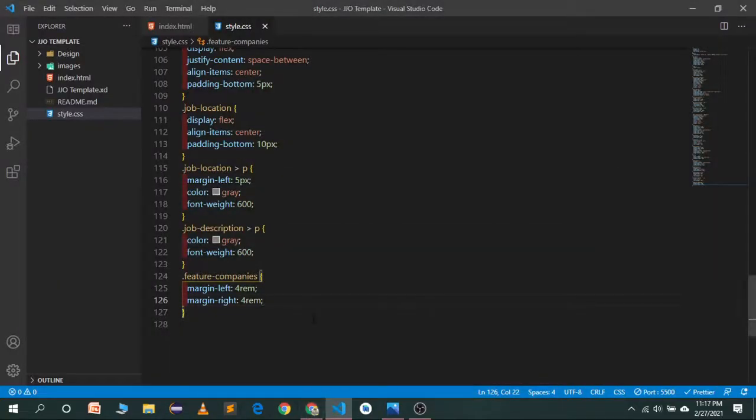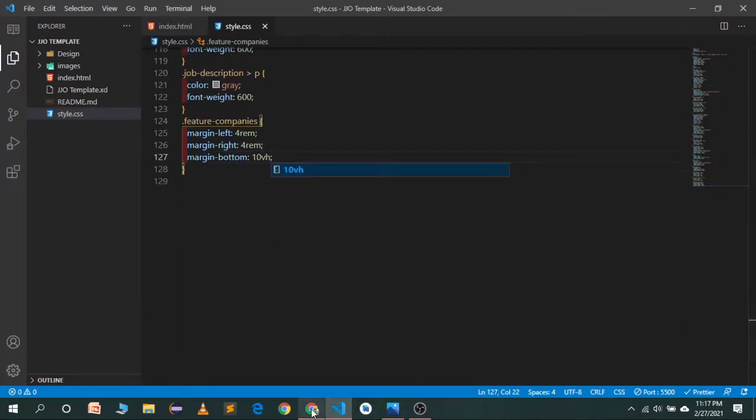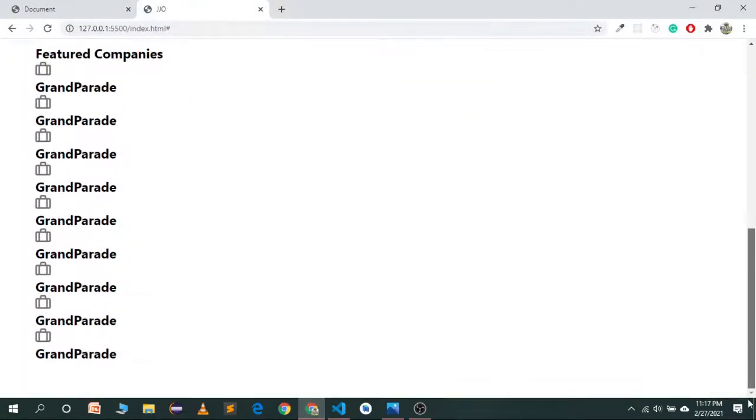Also give it a margin bottom of 10 viewport height, so we have a space in the bottom of the container which will be this one here.